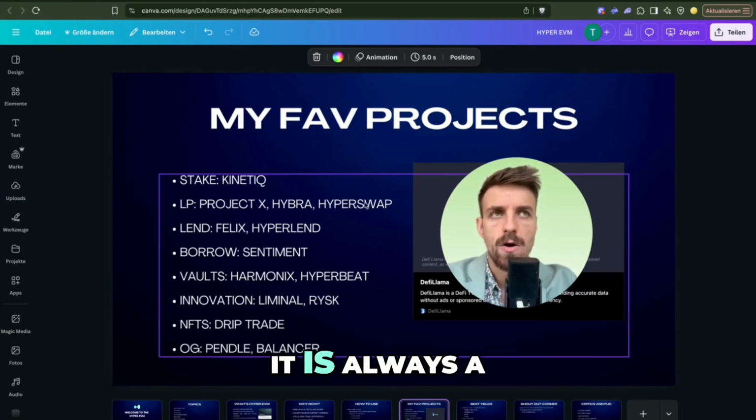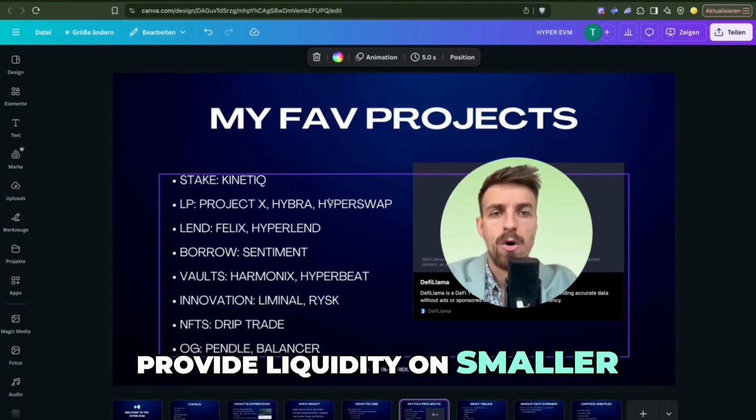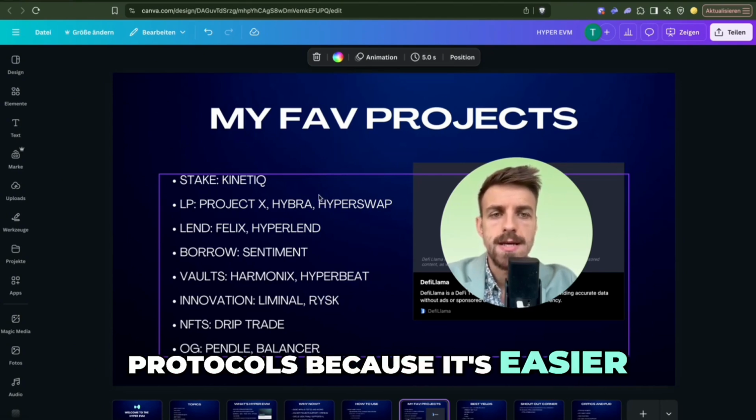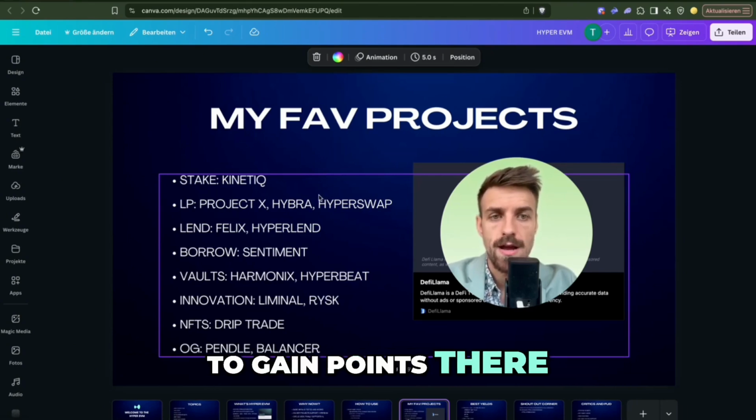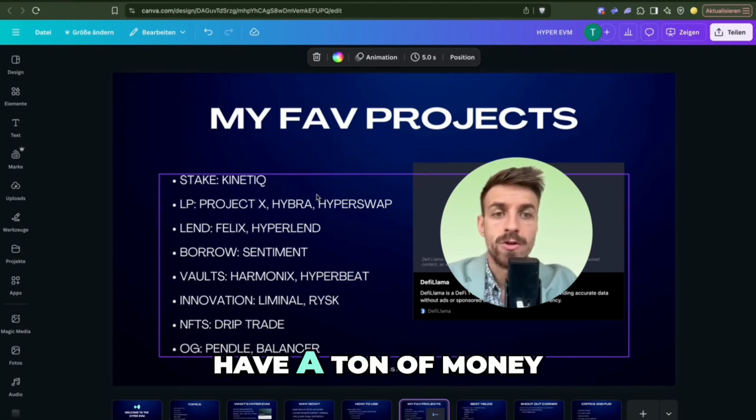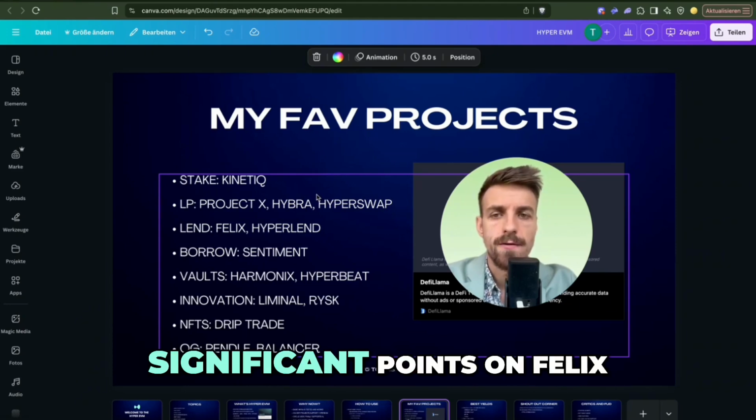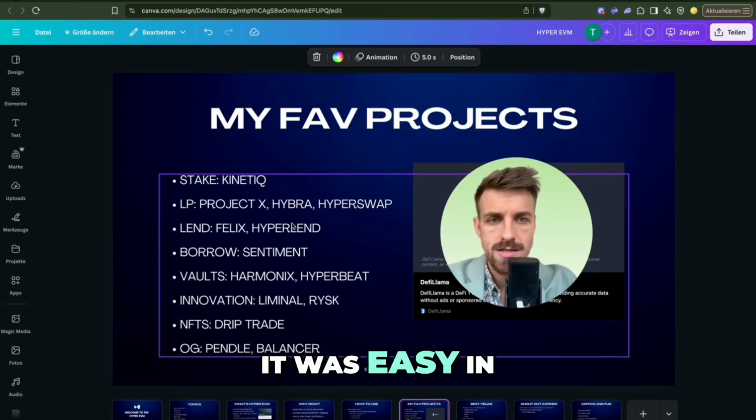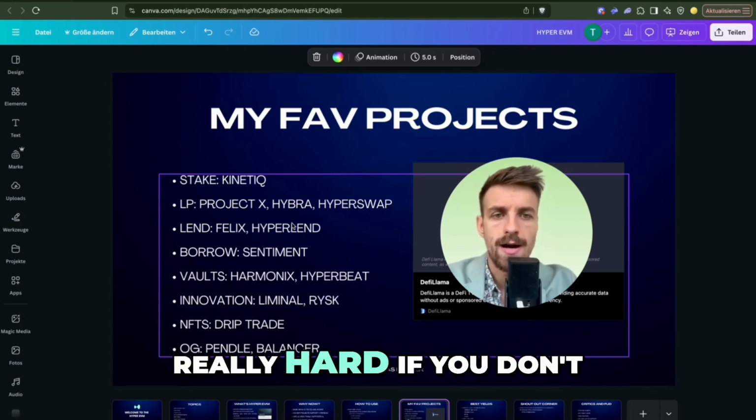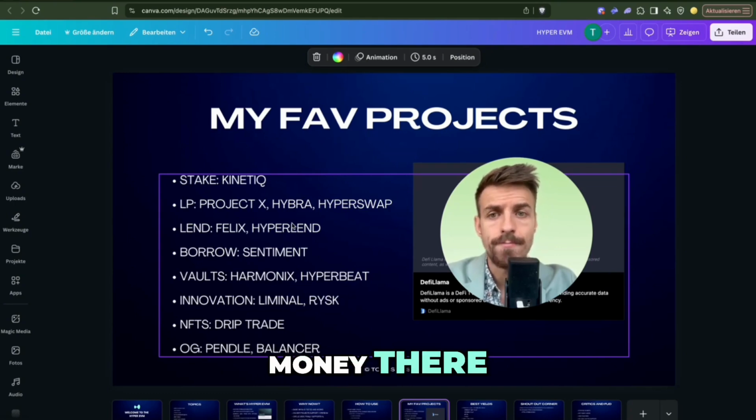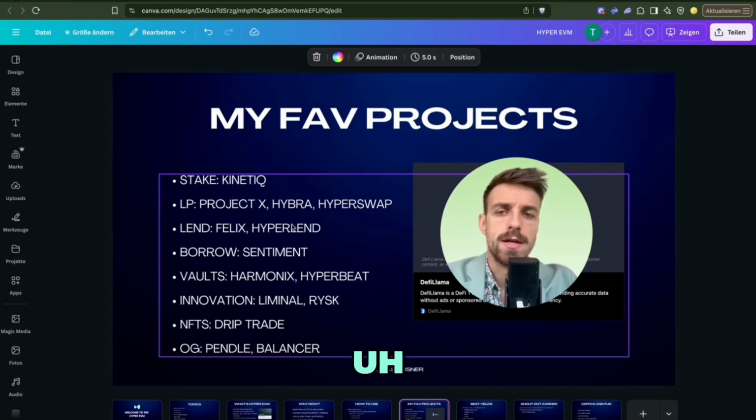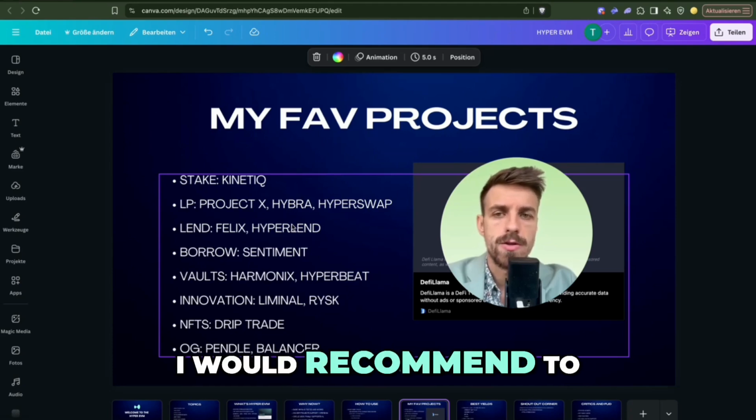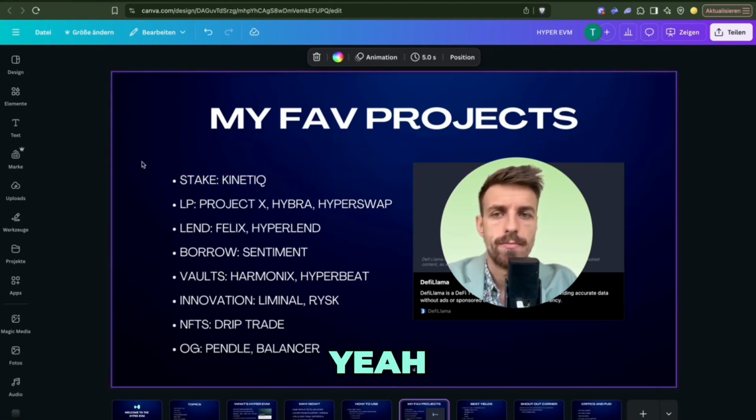Generally speaking, it is always a good idea to provide liquidity on smaller protocols because it's easier to gain points there. So if you don't have a ton of money, it will be really hard for you to gain significant points on Felix or Hyperland. At least for now. It was easy in the beginning, but now it got really hard if you don't park a lot of money there. So if you don't have a ton of hype, I would recommend to check the newer projects and provide liquidity